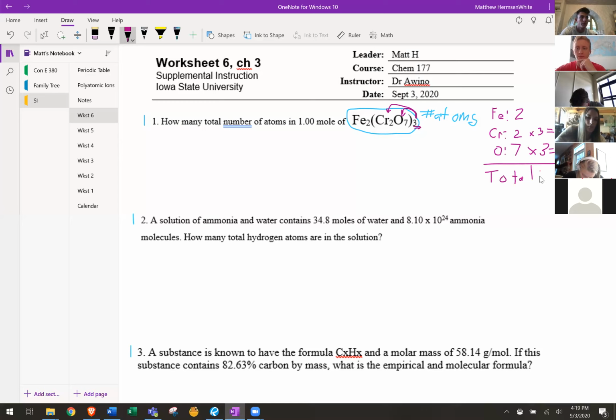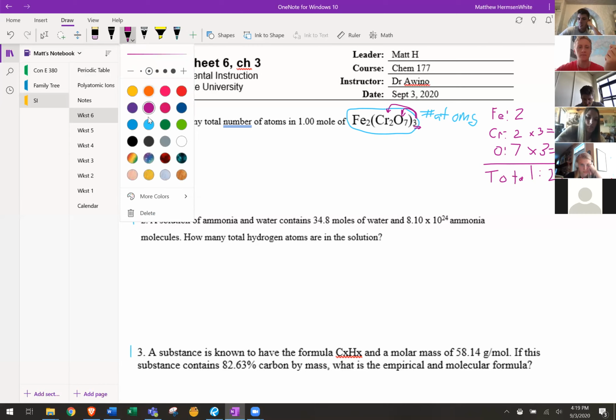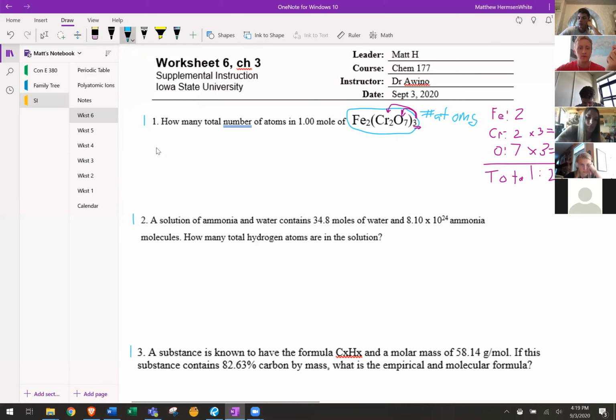So the total number of atoms in 1 molecule would be 2 plus 6 plus 21, which is 29. So that's 29 atoms in 1 molecule, but the question asks how many atoms are there in 1 mole? So we need to use Avogadro's number here. First thing you do is write down what you have. So we have 1 mole,